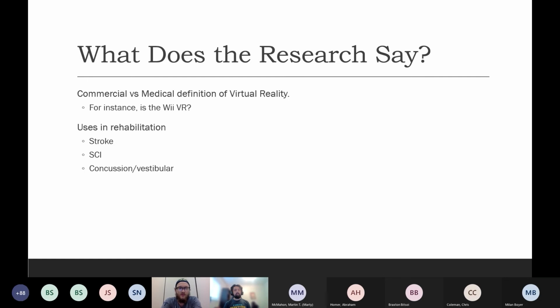I think too, when you're reading through it, making sure that a lot of times our medical research will call the Wii virtual reality, when from a gaming perspective, you might not think of Wii as that. It's a motion controller, right? But a lot of times us medical people, we don't always know what the cool terminology is, and we like to make everything sound fancier than it might be. So we'll call Wii virtual reality because any game that's not just sat with a controller in your hand must be virtual reality. So kind of keeping that broad definition in mind